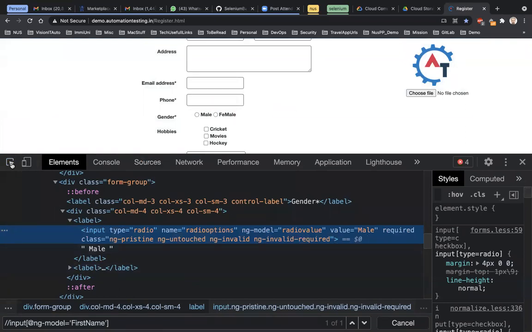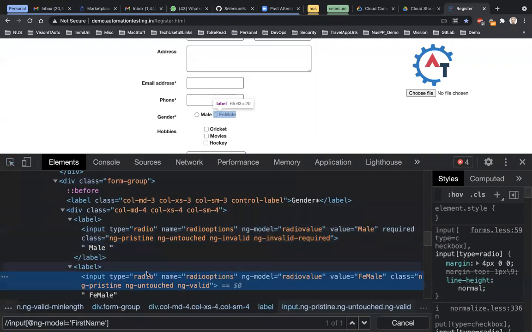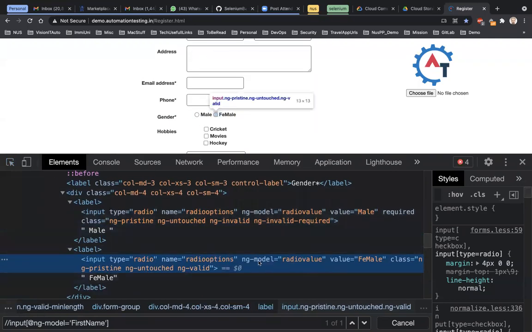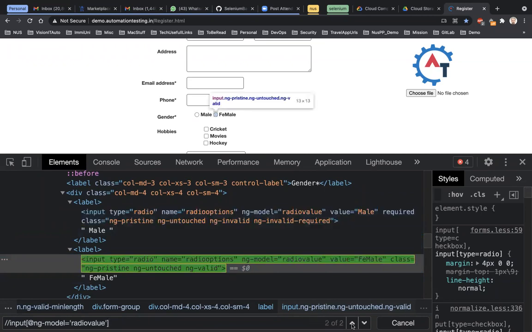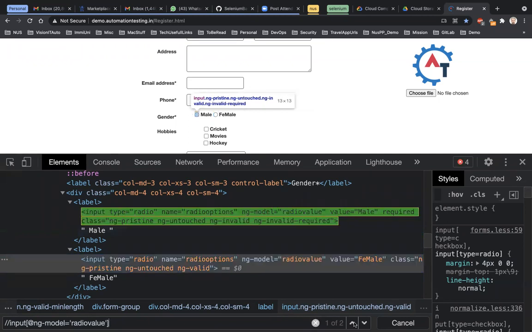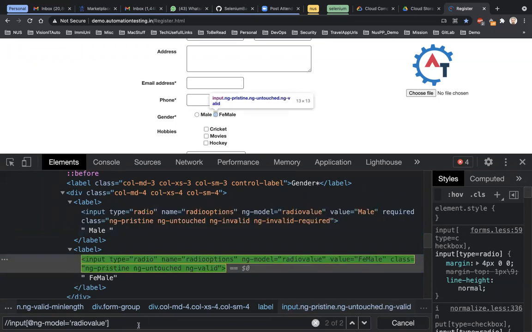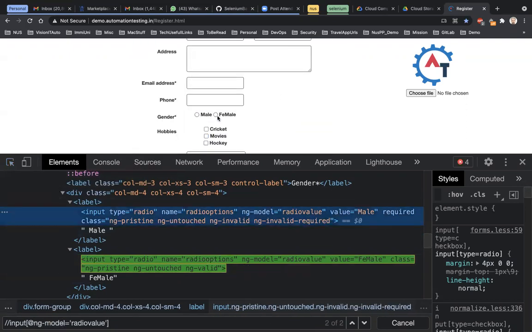Rate value is, yeah, so this is something which is worth mentioning. So now if you go here, this is different, because if I only use ng model, so if I say ng model as radio value, now the problem here is it's 1 of 2. That means it is able to find two values out of it. You see, if I click on these arrows, it is able to give me either male or female. That means it's giving me two specific values for the gender. So I cannot just make use of ng model. I have to make use of something else which uniquely identifies the female or male specific radio button.